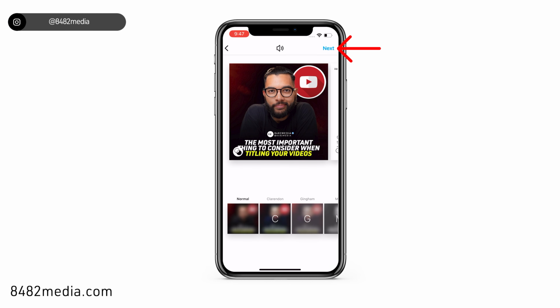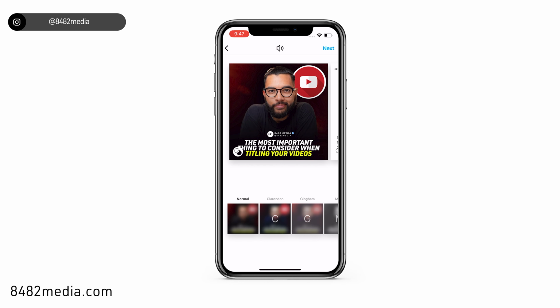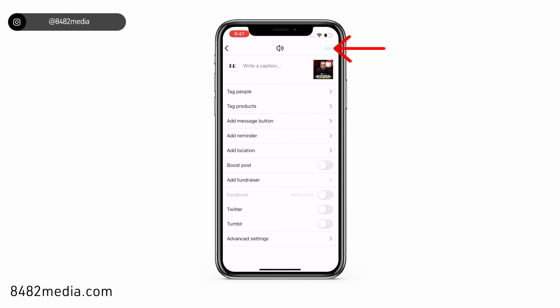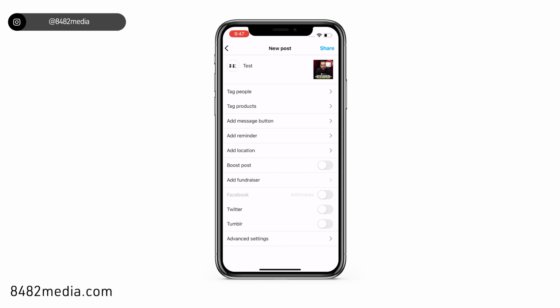Here you'll have the option to change color. We'll go over that in other videos. And here you can write your caption. Let's write test. And instead of clicking share, what we want to do is scroll all the way down